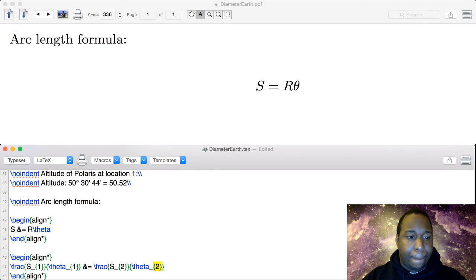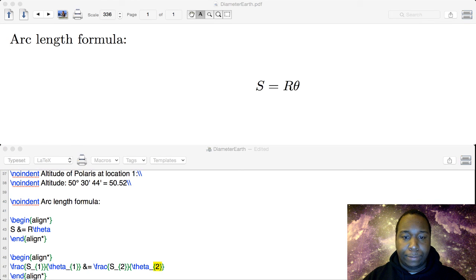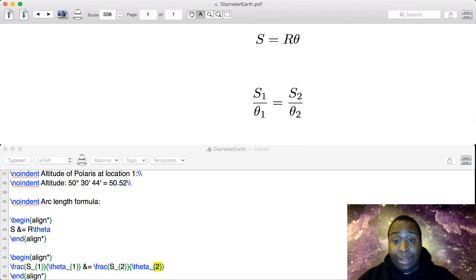All right. Now again, now that I'm looking at this, it looks like we can actually just go directly from this relationship and solve for the radius and then multiply it times 2 and we're good to go. But let's say that I didn't actually know that the equation was s is equal to R theta. I believe I should still be able to set up this proportionality that I have here, where I'm saying that the physical distance